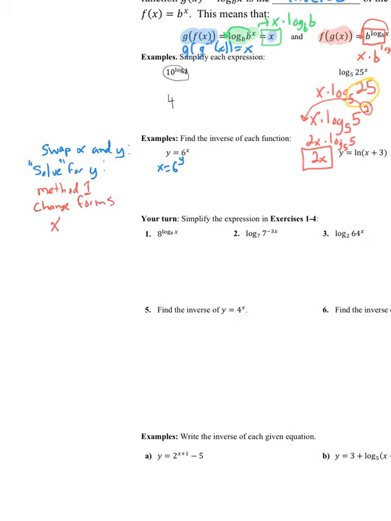So I have x equals 6 to the y, and I can remember, oh well, this becomes log base 6, and I solve for the exponent, so I'm going to solve for y equals log base 6 of x. That's the change forms method. The other method we can do